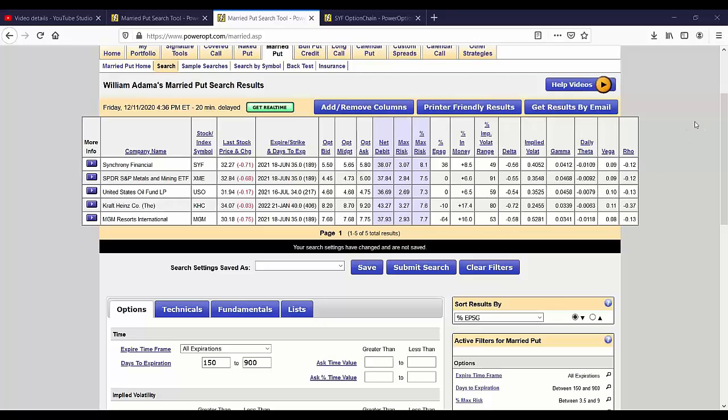Kipp says, regarding within the married put portfolio, that might be 50% of a portfolio, for instance, can you talk a little bit more about position sizing in each married put position? Absolutely. And I think to do that, I'm actually going to go to radioactivetrading.com for a second,